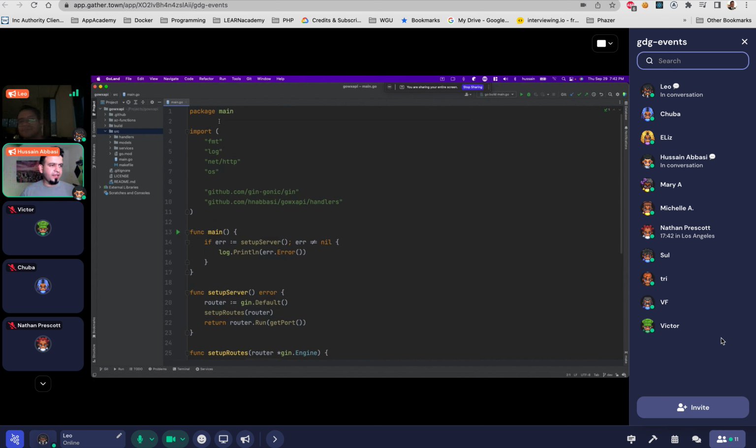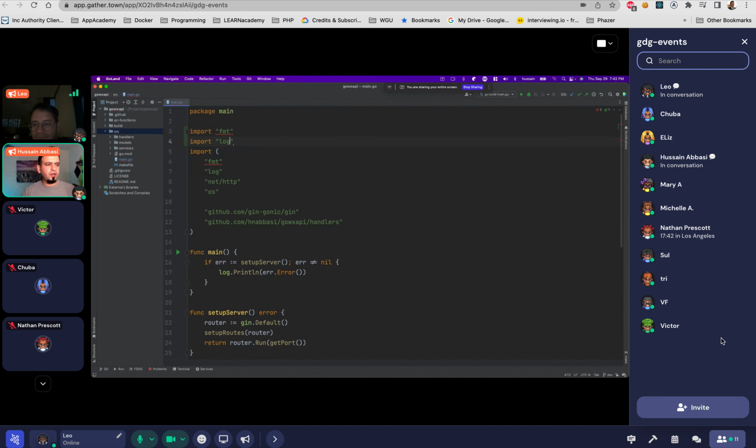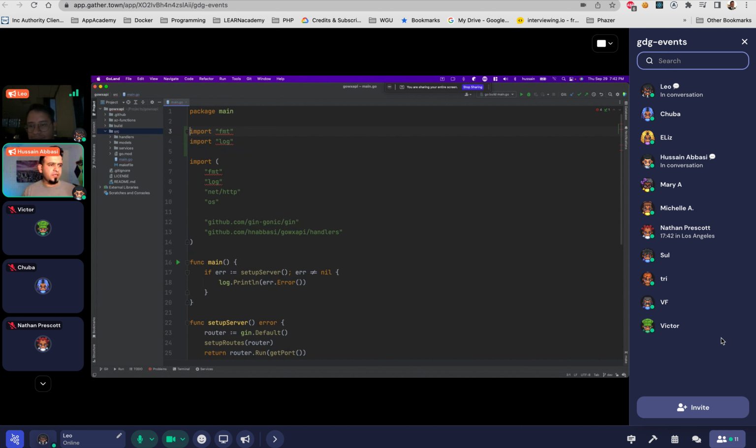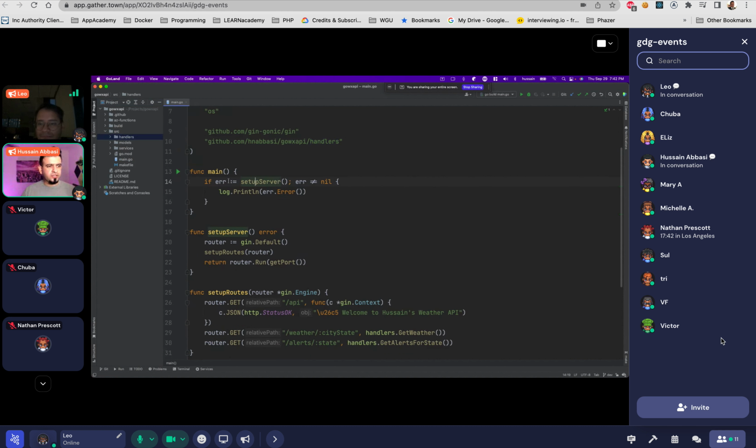So here you can see I'm doing something like import fmt, import log. Right? Instead of having a bunch of imports, we can just put them all in a single line and just wrap them with the parentheses. There are no semicolons, as you can see. So I'm bringing in a few packages here, and then I'm bringing in a GitHub package here. And then I'm using my own handlers package, which you will see, which is this package up here. So what I'm doing is initially in my main function, which is my entry point, I just have a method that says setup startup server.